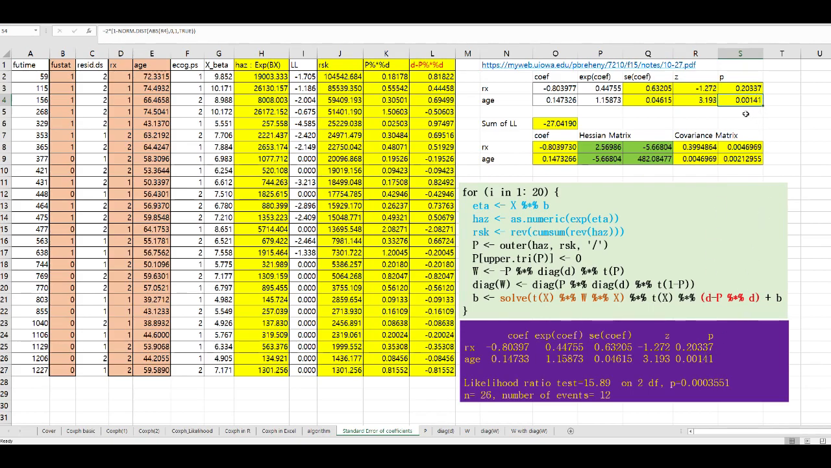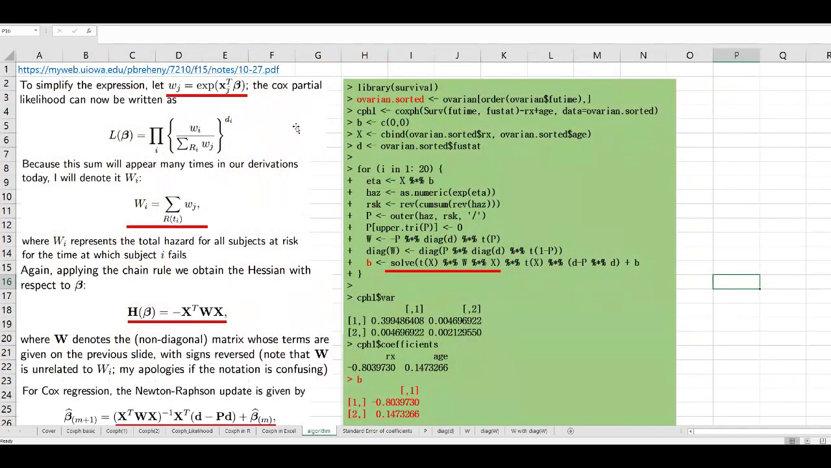So as you know, under like a 5% significance level, Rx is not significant for Cox at this model, and age is significant variable under 5% significance level. Right. So if you clearly understand this algorithm, I think you will be able to calculate coefficients and standard errors in